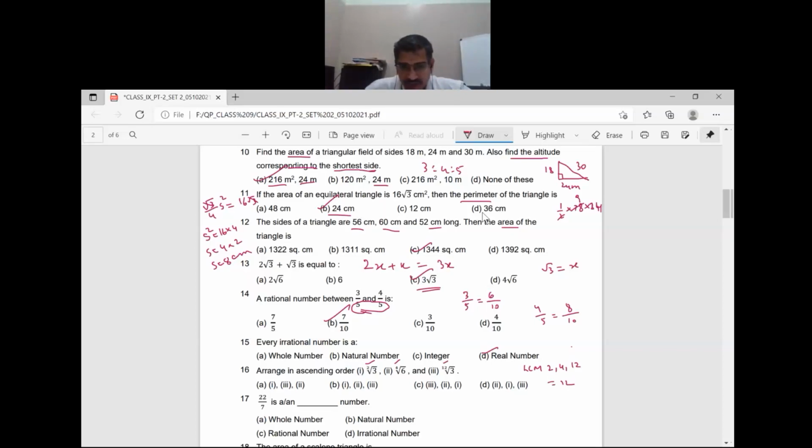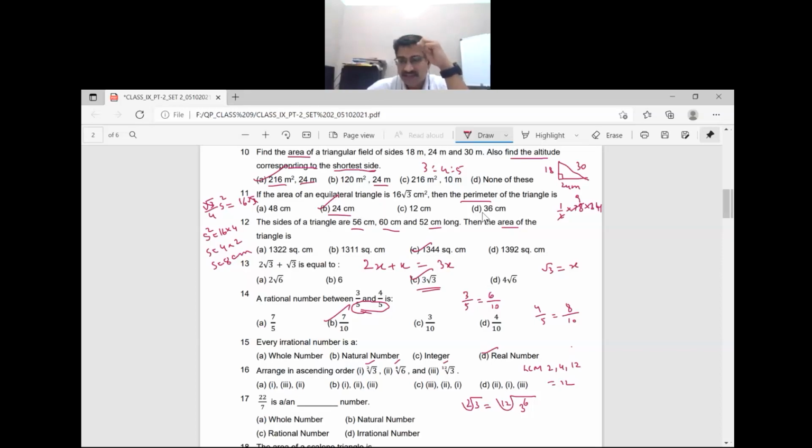So square root 3 is written as the 12th root of 3 power 6. How I wrote this, the technique I told. 2 multiplied 6 times becomes 12. So 3 also should be raised to the power 6. And I have explained with the help of